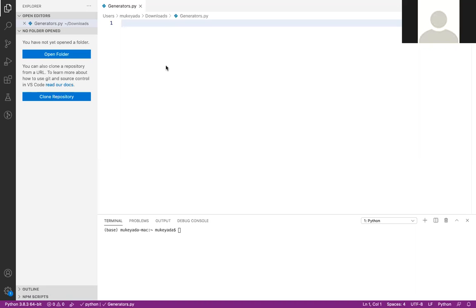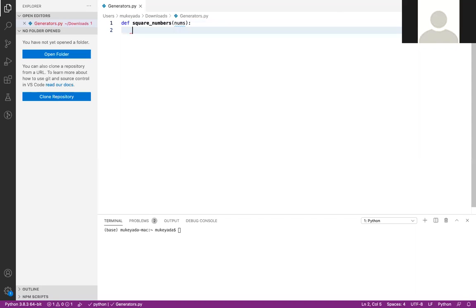First, let me write one function. Let me say I need to calculate square numbers, and here I need to pass some numbers. This is my function.